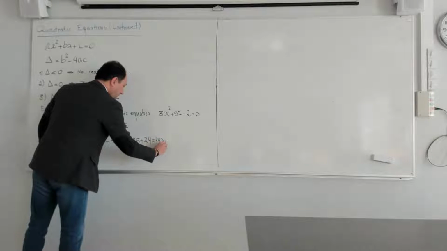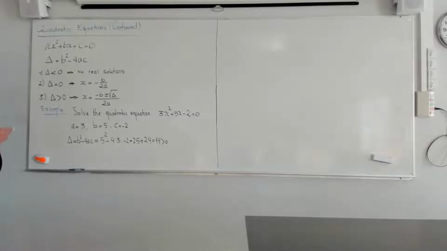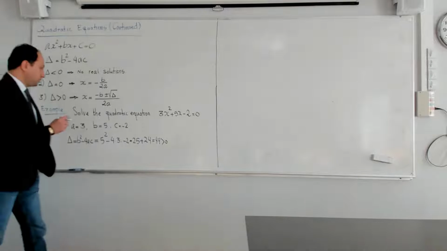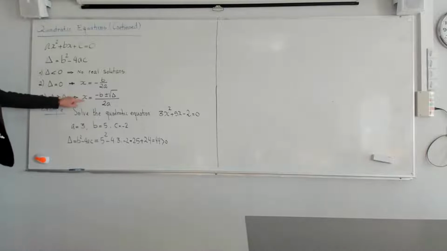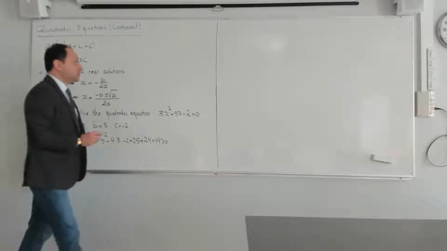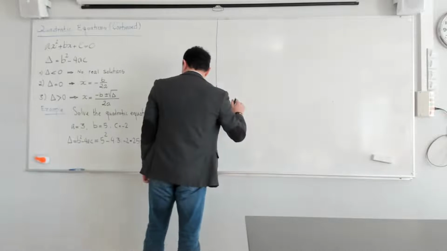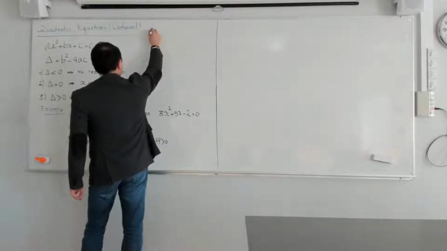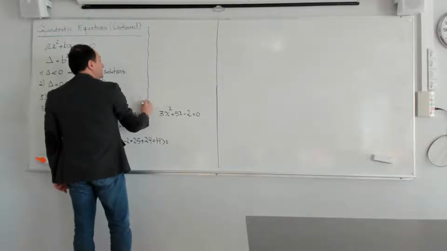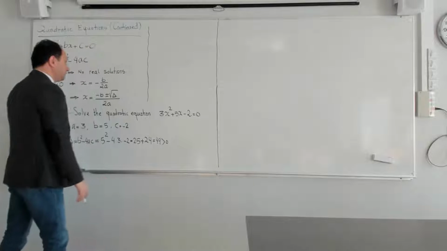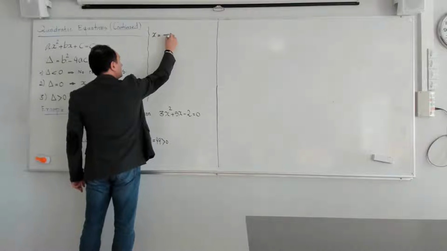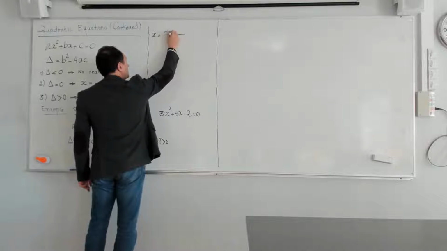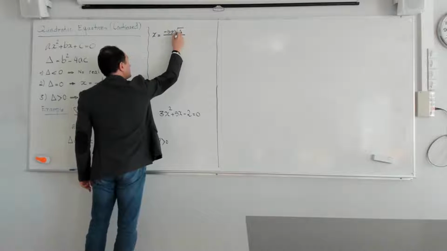And it is positive, so it has 2 roots, yes? So it means that this is the third case. I need to use this formula to determine the roots, yes? So if you don't mind, let me write it here to save that space for the PQ formula. So here I would write x is equal to minus b plus and minus a square root of delta divided